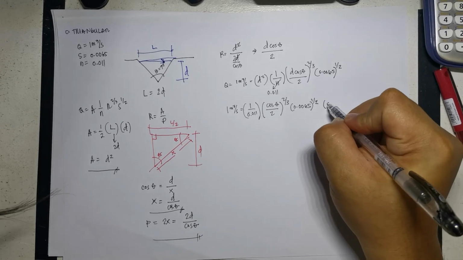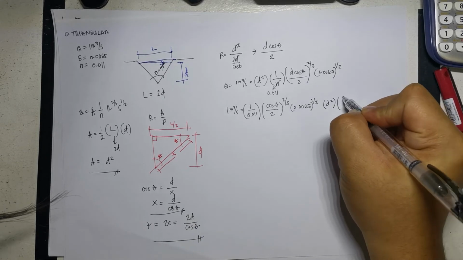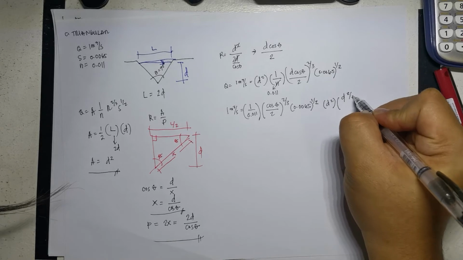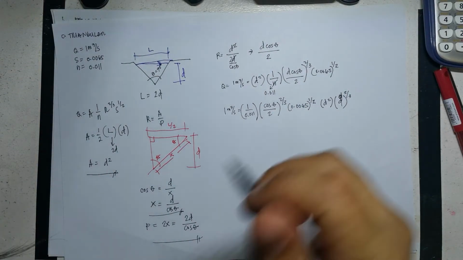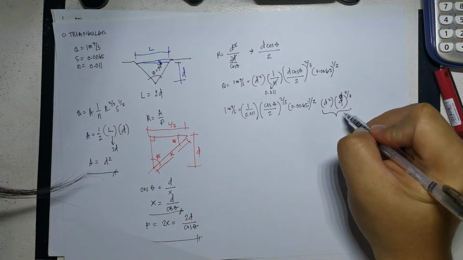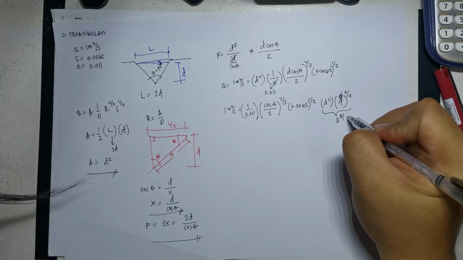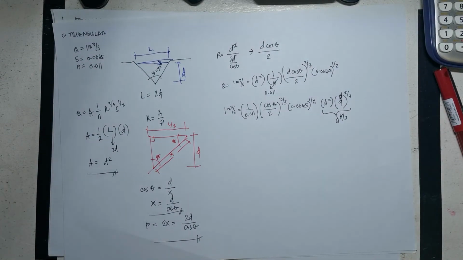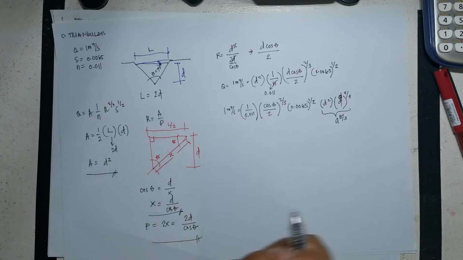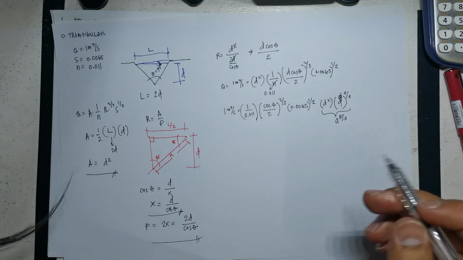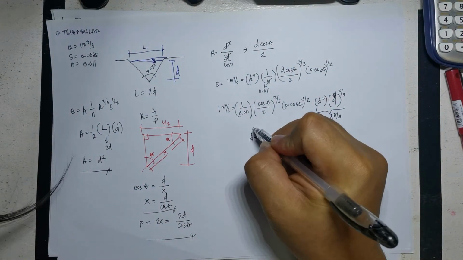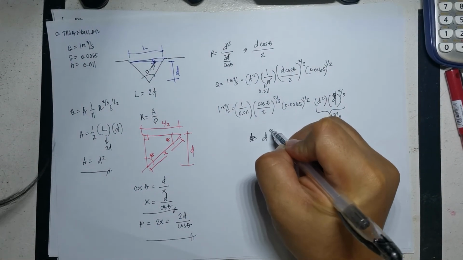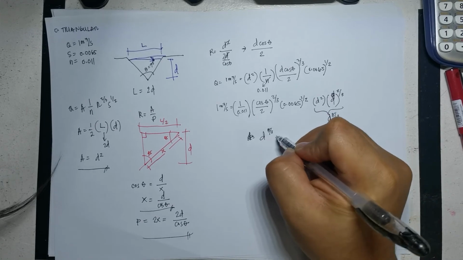Ang natira ngayon sa dulo is si D squared saka si D raised to 2 third. Ganun ulit ito. D raised to 8 over 3. So that will give us the value of D raised to 8 over 3 equal to